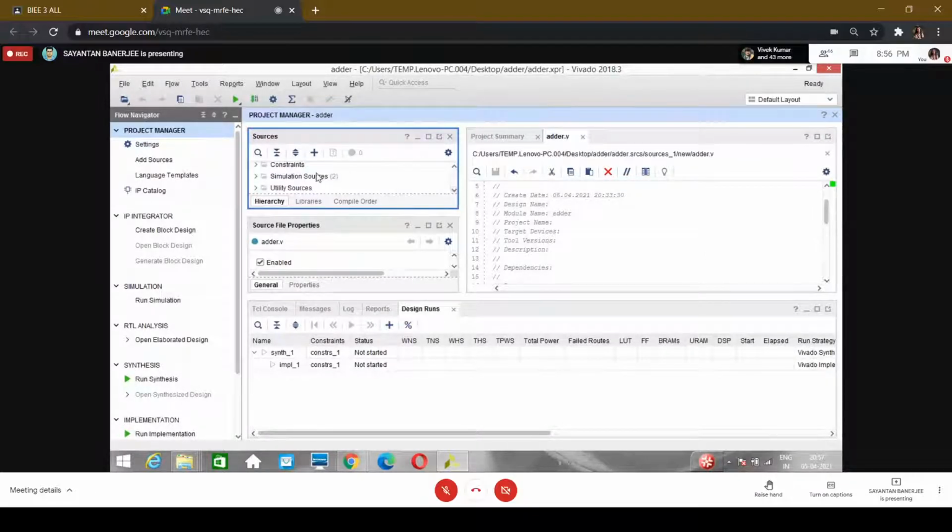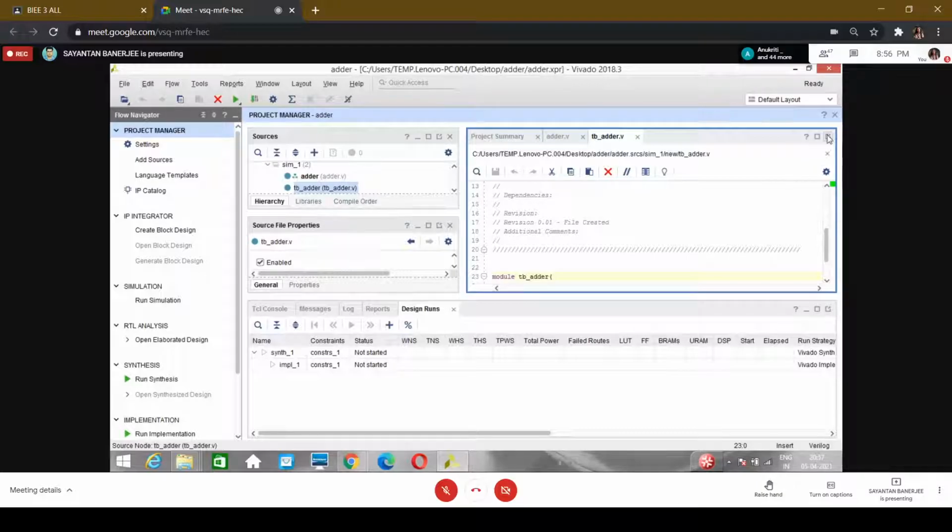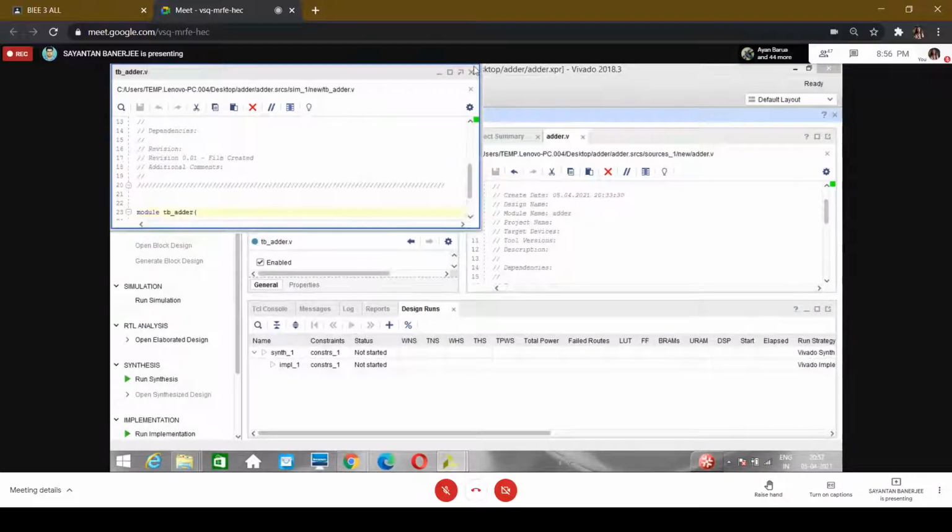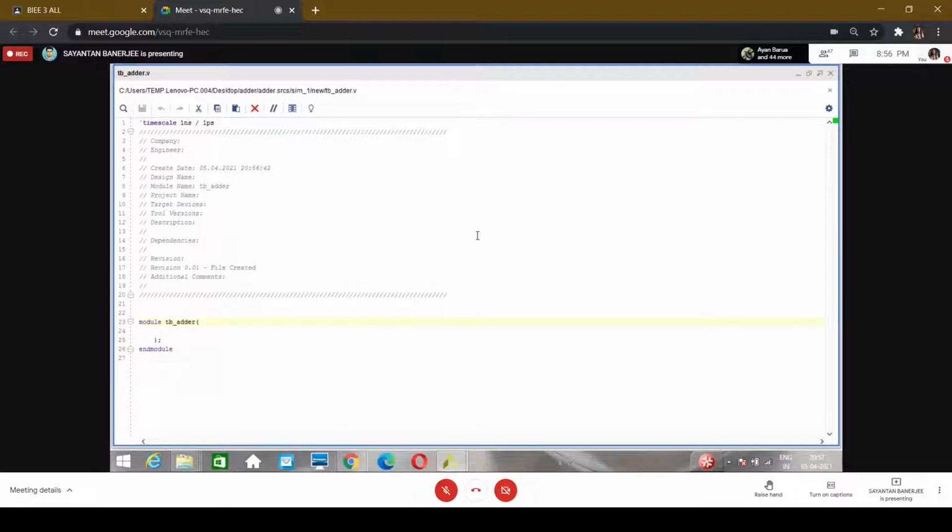Now we can scroll here in simulation sources. Say we have the file tb adder. So you open this file. Now to create our test bench, first what we do is that similar there is a module tb adder.